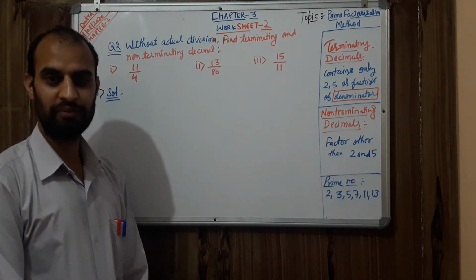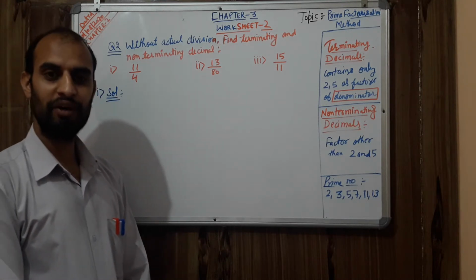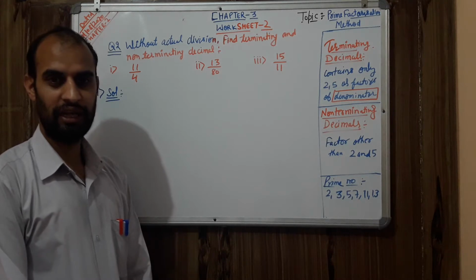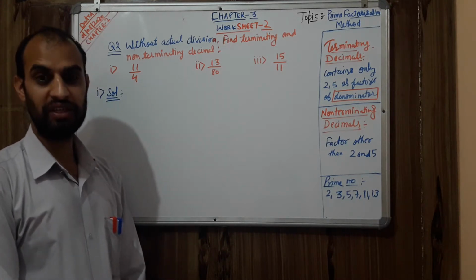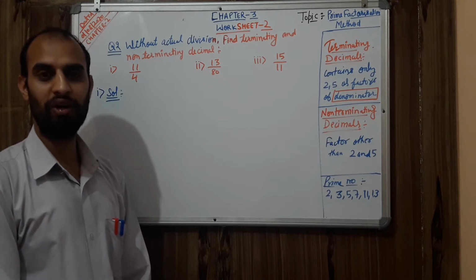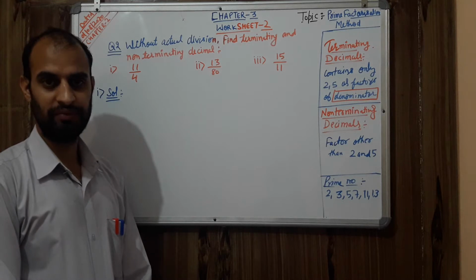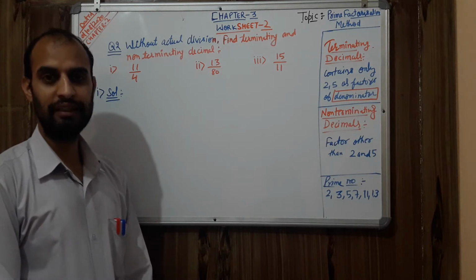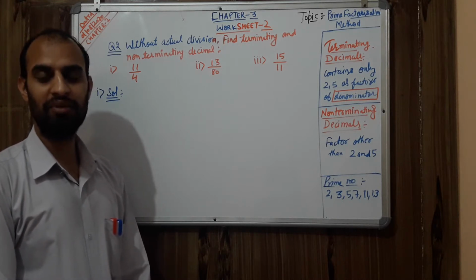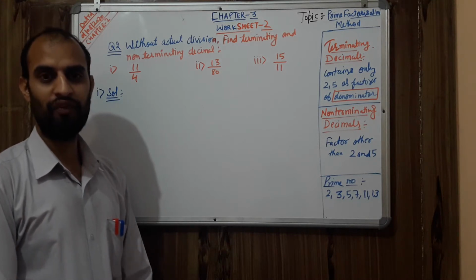As you all know, we are in chapter number 3, which is related to conversion of a rational number into decimals. Today I am going to tell you a very interesting thing. As we did with the division method, as well as by converting a denominator into the form of 10 or its multiple to convert a rational number into decimal, today, without division, we are going to understand how we can directly write whether it is terminating or non-terminating decimal. For that we have the factorization method.